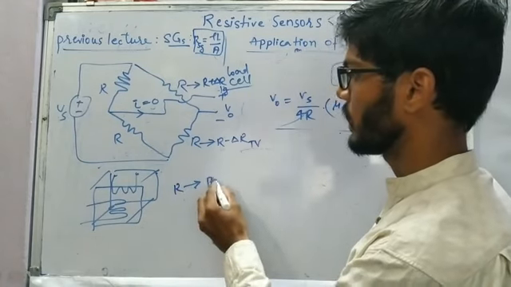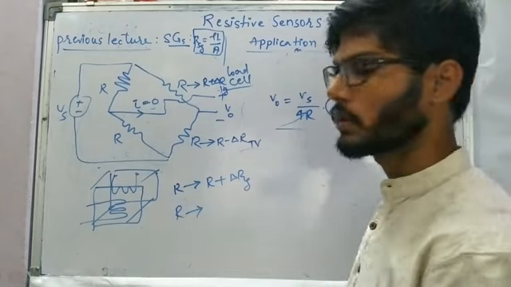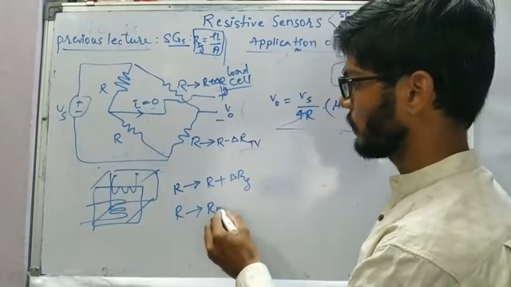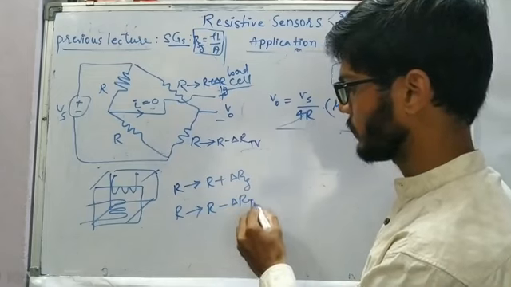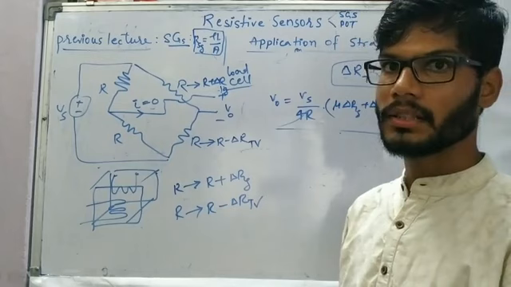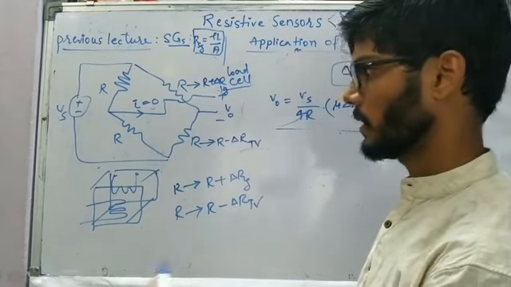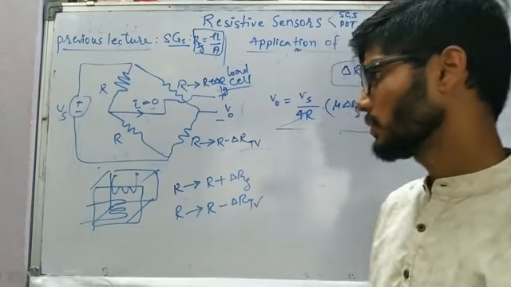Out of the 4 strain gauges, 2 are going to feel the effect as R plus delta R in longitudinal, and 2 are going to feel the effect as R minus delta R transverse, same as we were doing in the case of full bridge. But again, here this configuration is not going to be named as full bridge. Rather it will be Poisson's full bridge.